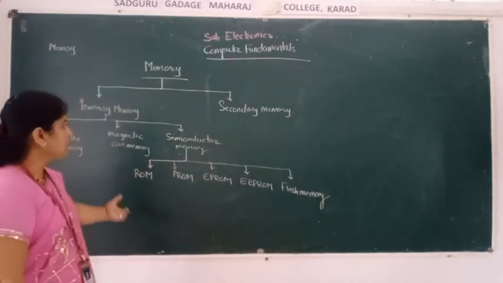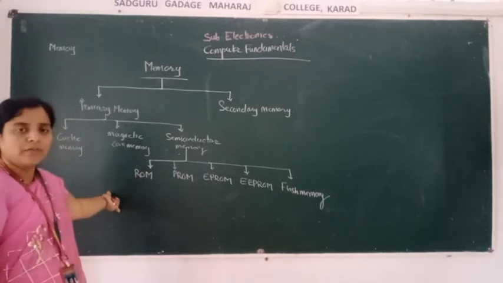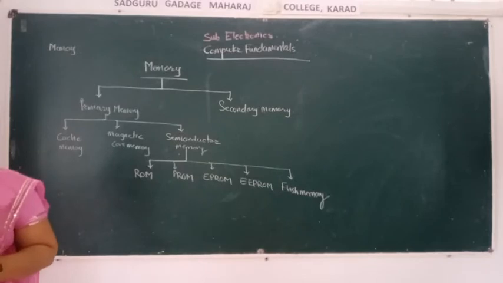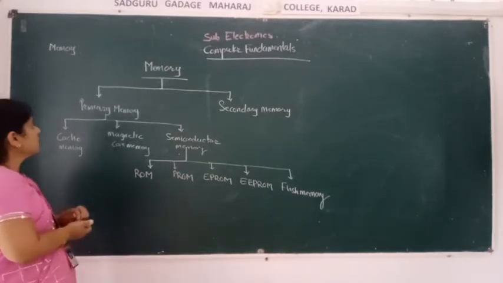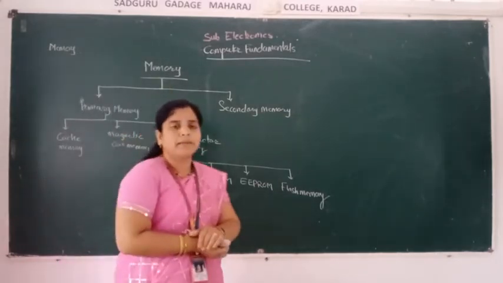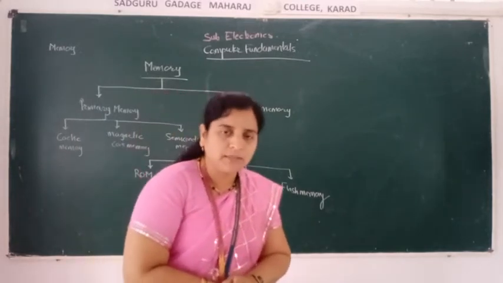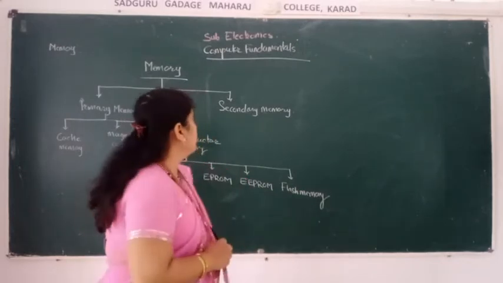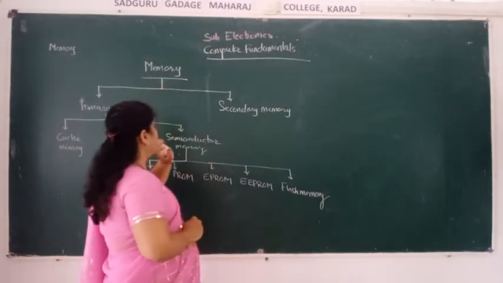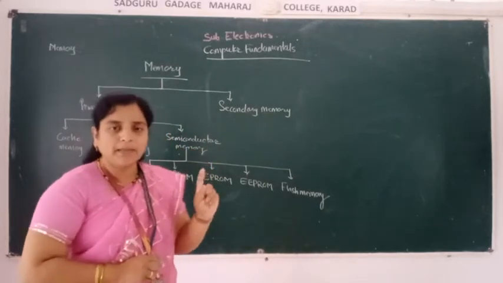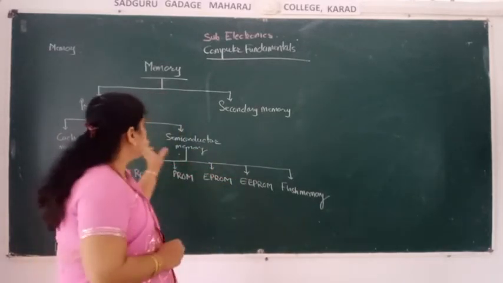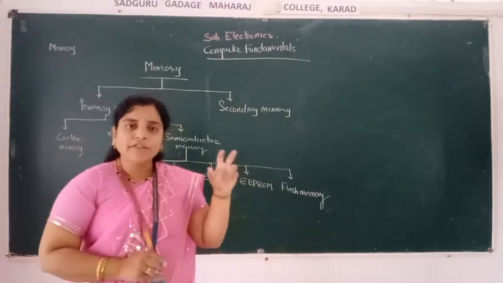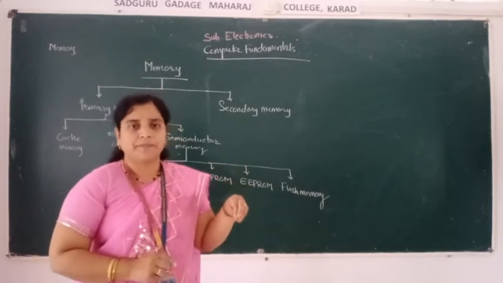All these are the memories required for the computer. We will see them one by one. First, memory means what? Memory is nothing but the place where whatever task the computer performs is saved, and that place is called the memory. That memory is of two types: primary memory and secondary memory. Primary memory means what? At the time of building the computer, that memory is saved.